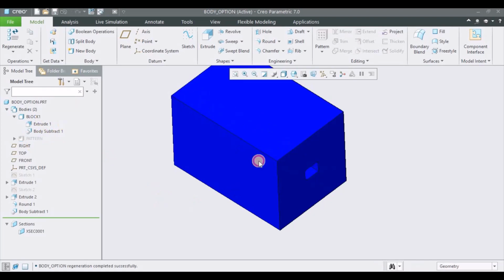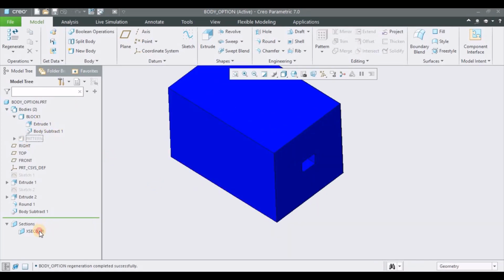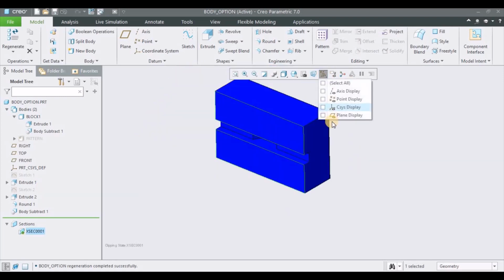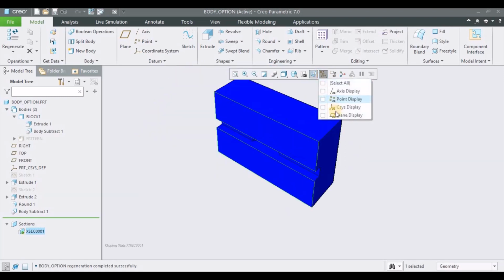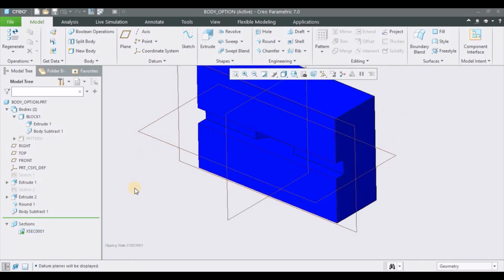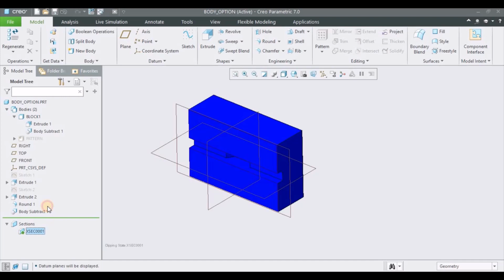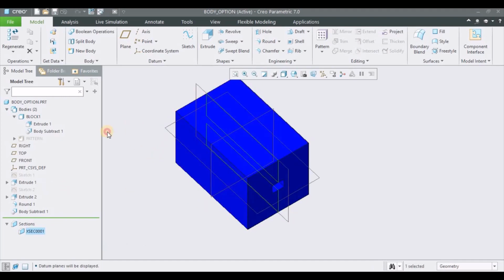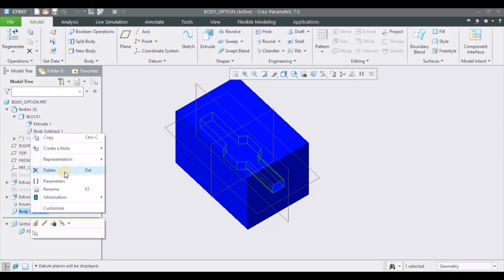Then if we hide, and let me take the section here. Okay, so it is now modified. It has been subtracted from the block 1. Okay, so this is how we can subtract the bodies. One more we have, that is